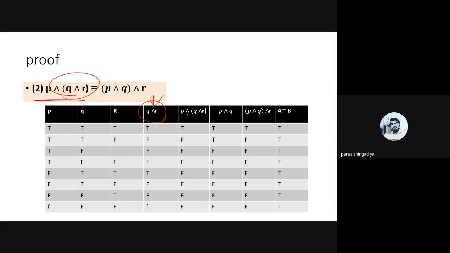Then after that, P and Q and R. And what does the AND operator mean? If both places are true, then only in that case its output will be true, and in all the remaining cases it will be false. Okay, so first identify the places where both values are true. So we are comparing Q and R. In the first place both are T, so write down here T. Okay, then in the fifth row both are T, so write down here T, and there is no such place we have in the remaining rows that contain both T, so just put directly F in the remaining places.